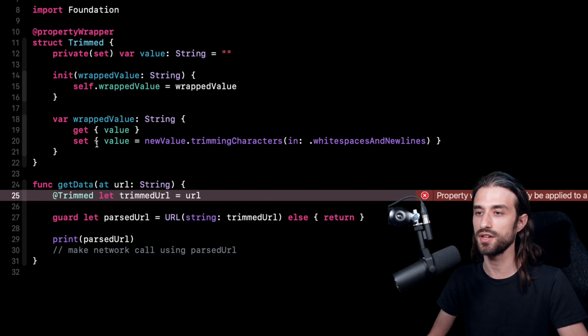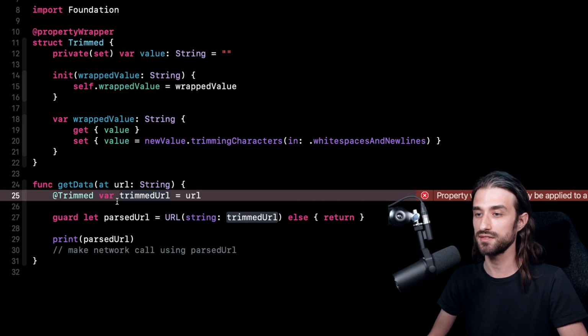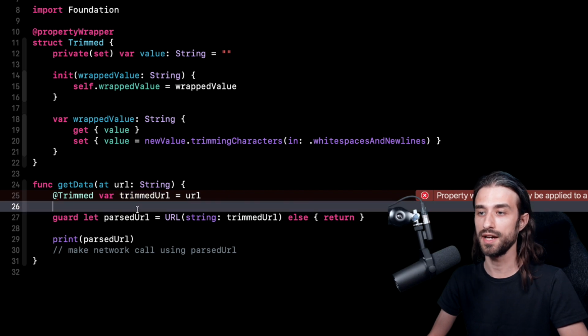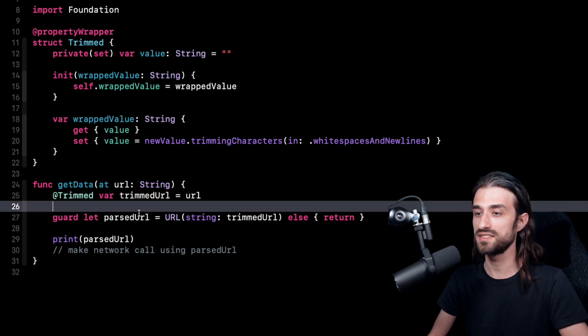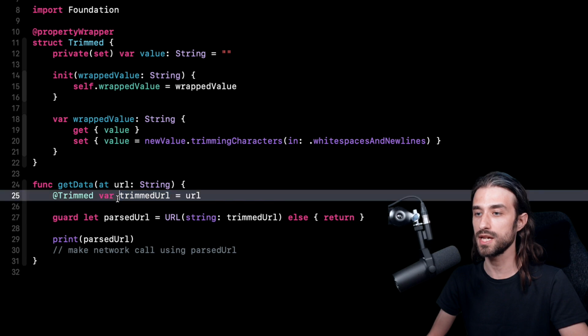It kind of makes sense because, as you can see, I have a setter in the property wrapper, but it's also not very idiomatic, because we might want to mark that indeed this should never change, and it's just not possible. And the other thing that is kind of annoying is that we still need to create this local variable, even though it's not that useful because we are just transforming the argument. So what would be ideal would be to actually be able to apply the property wrapper to the argument.